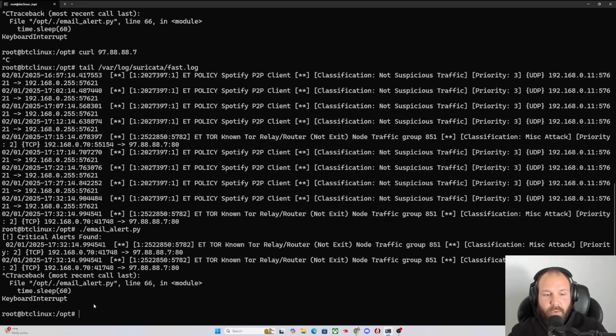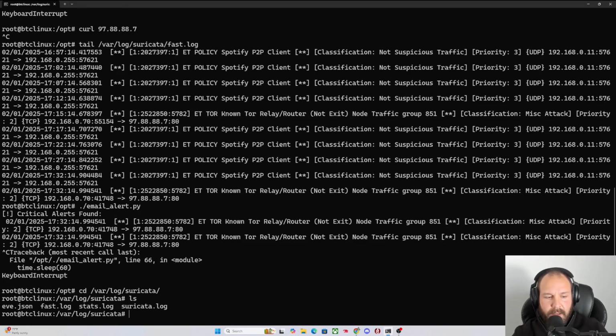So what could you do with this? Well, if you were creating a proper network detection and response platform, then after the alert, you would want to come back and, based on this information, find it in the Eve log to get the full context and telemetry. So that was the one thing I didn't show you guys yet. Var log, Suricata, and then